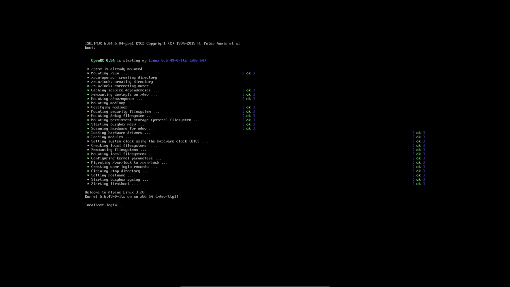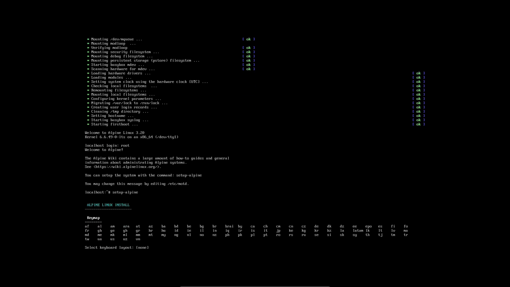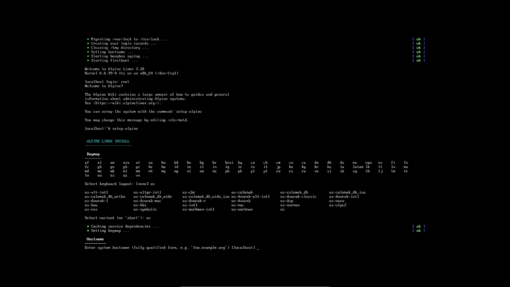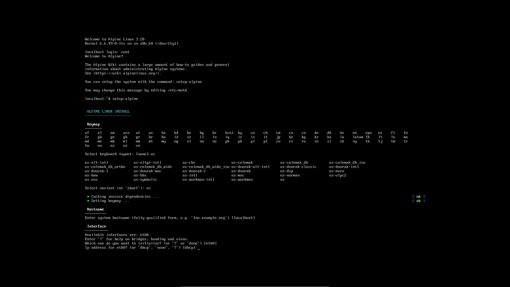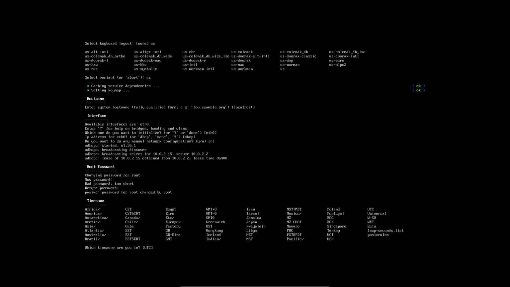Then we are going to log in as root and set up Alpine with the command setup-alpine. And here we are going to use the keymap from US, which is United States, of course. At the interface section, we are going to use the default chosen.